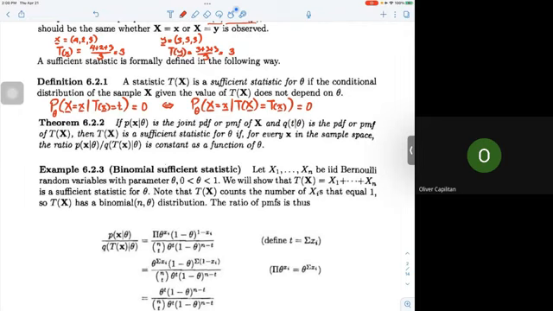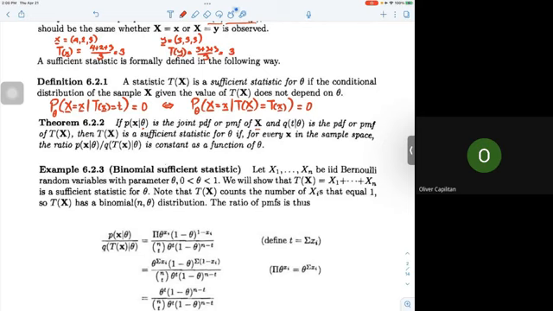So in theorem 6.2.2, if p of x given our parameter theta is the joint PDF or PMF of our sample bold x, and q of t, with the same parameter, is the PDF or PMF of the statistic T of x,